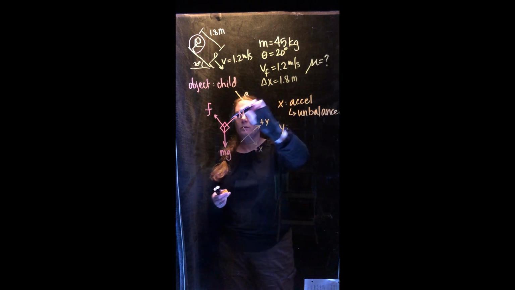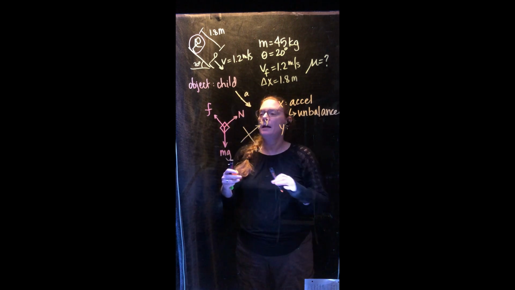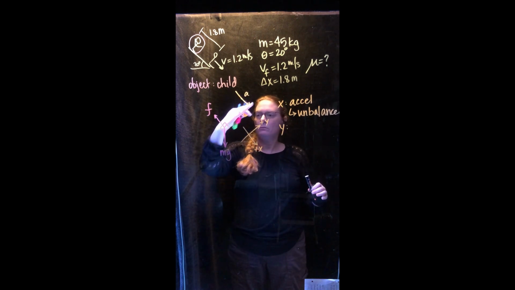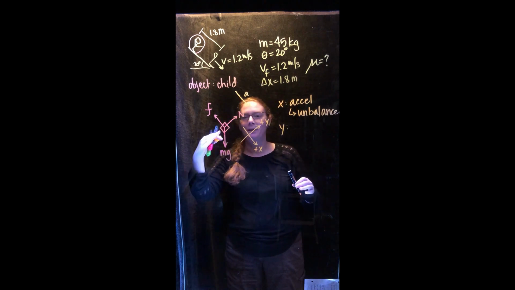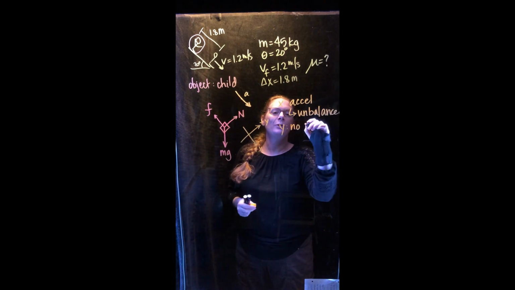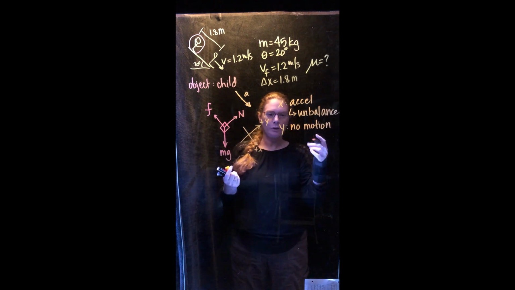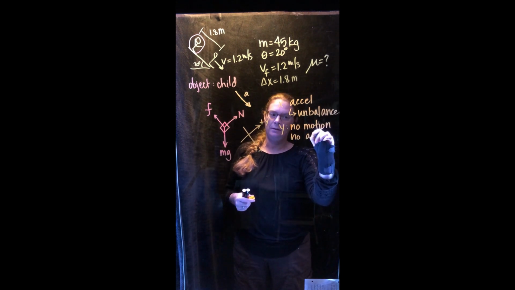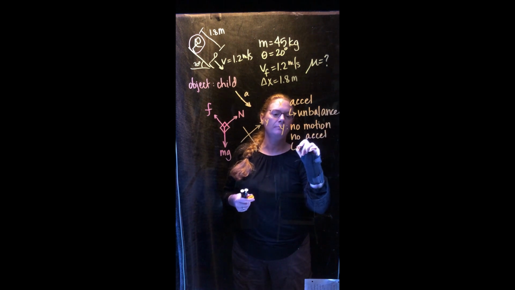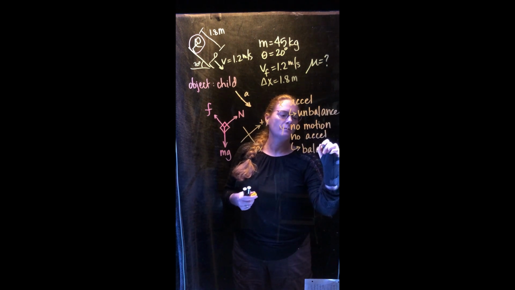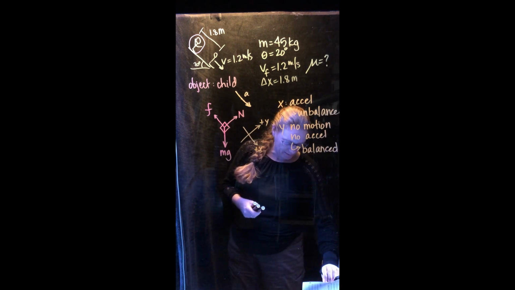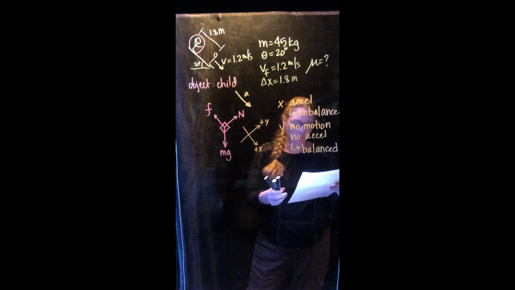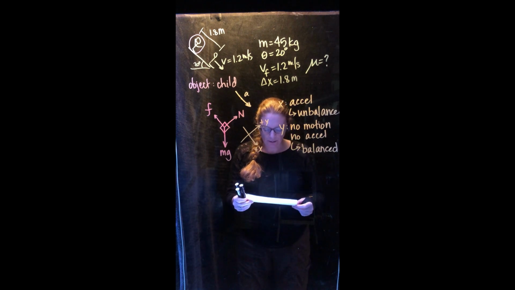In the y direction, so that's perpendicular to the slide, is there any motion in this direction? Is she flying away from the slide or slowly falling into the slide? Nope. So in the y direction, there's no motion at all. And if there's no motion, that means there's no acceleration. And if there's no acceleration, the forces are balanced. So that's the way to think through that. That is number 6. Number 7 is set up a force table for the x and the y direction forces